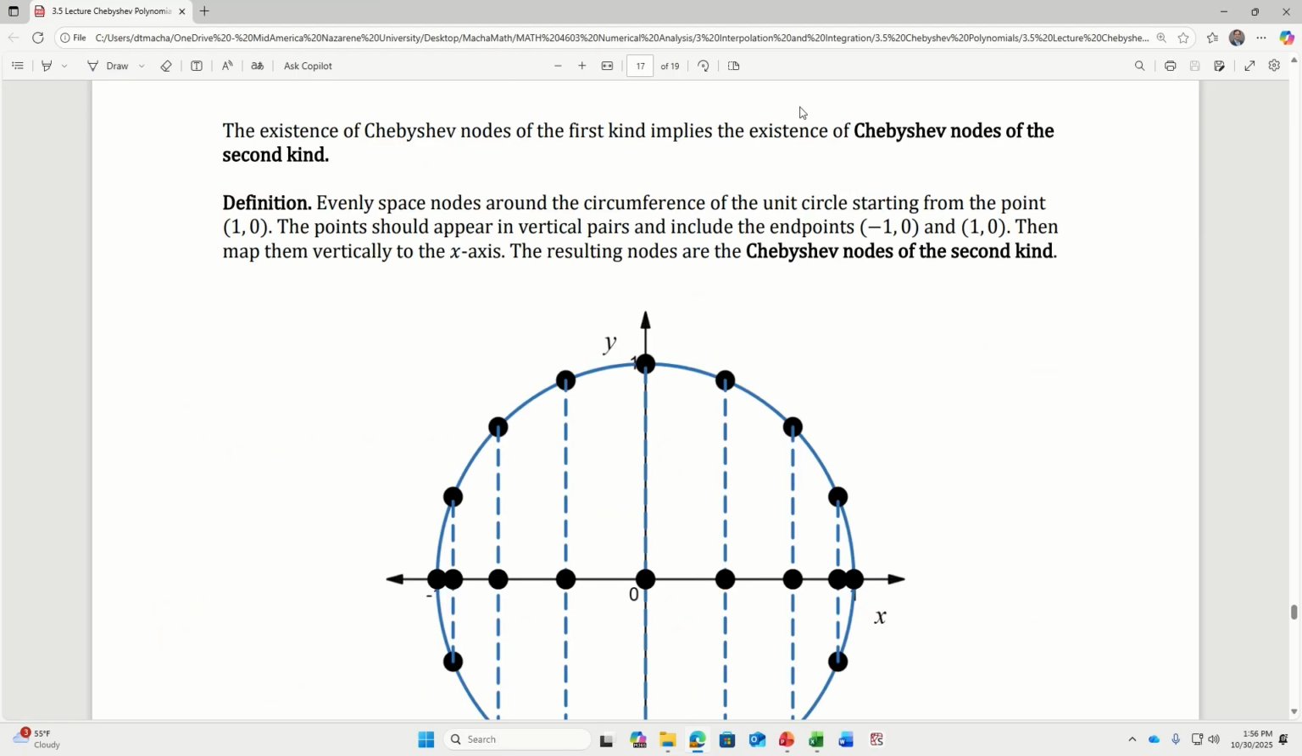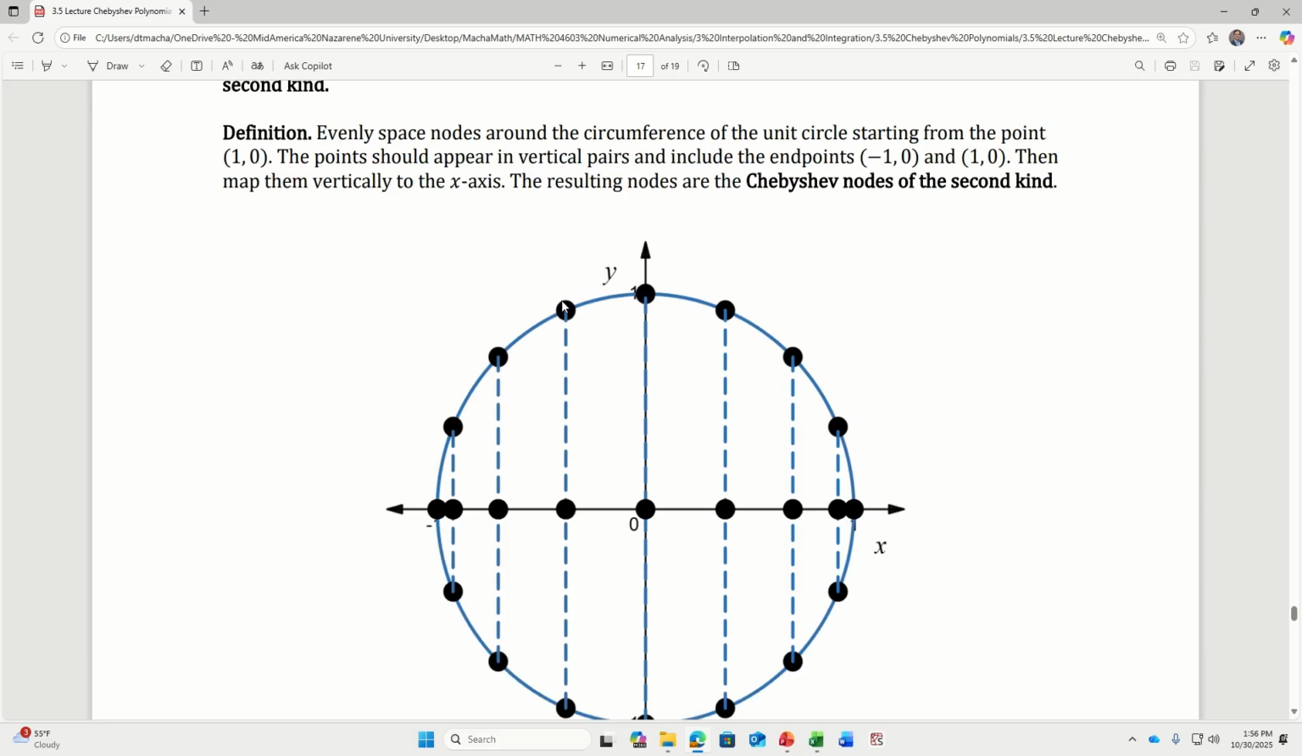Now let's talk about Chebyshev nodes of the second kind. And this looks like a really similar picture, except look, this time we're putting points at -1 and 1. We're including the endpoints of the interval. Other than that, I'm still evenly spacing the nodes around the circle and aligning them vertically. But Chebyshev nodes of the second kind include the endpoints